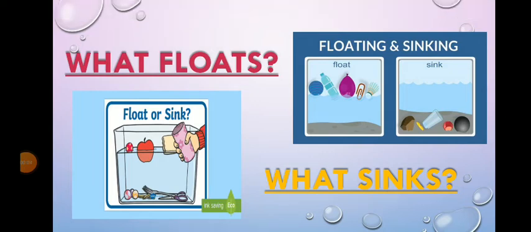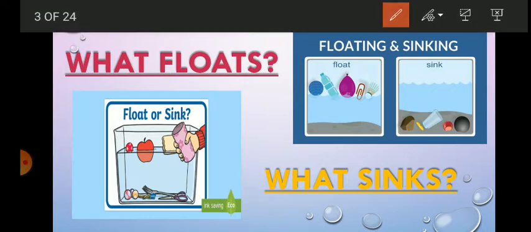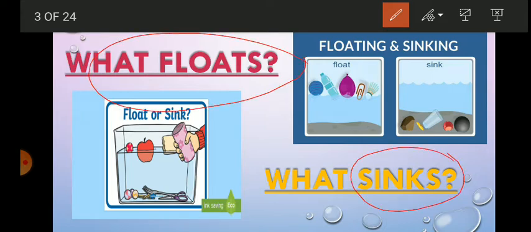Come, we have to do some experiments with water. Children, our first experiment is of sinking and floating objects. Let's see which things float on water and which things sink in water. Floats means पानी के ऊपर तैरना and sinks means पानी में डूब जाना. In this chapter we will study which things float and which things sink in water.